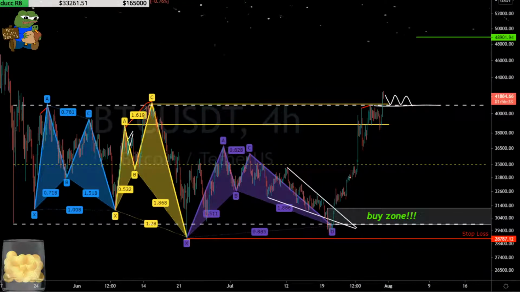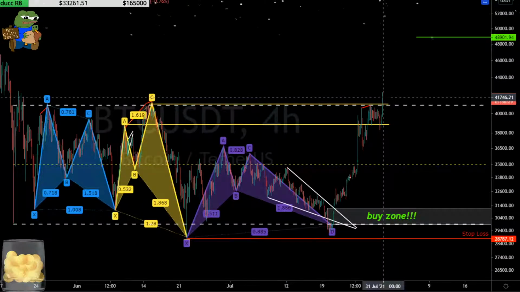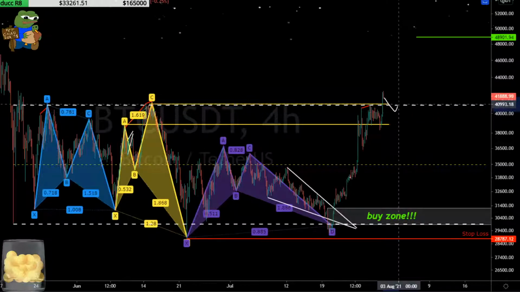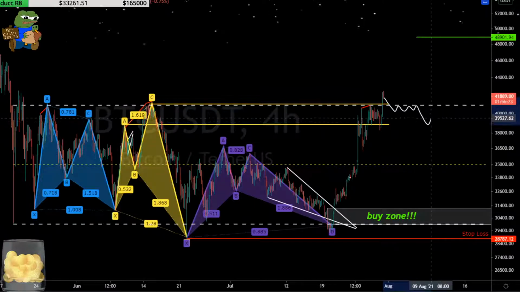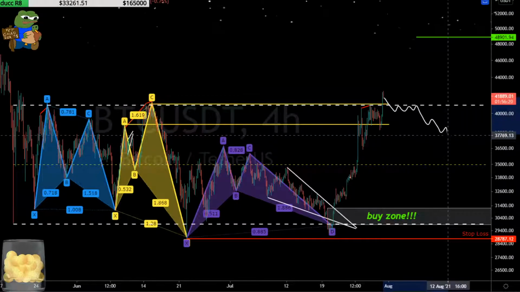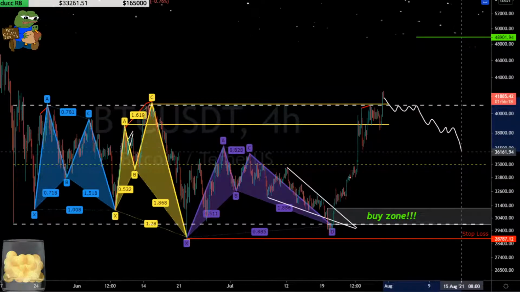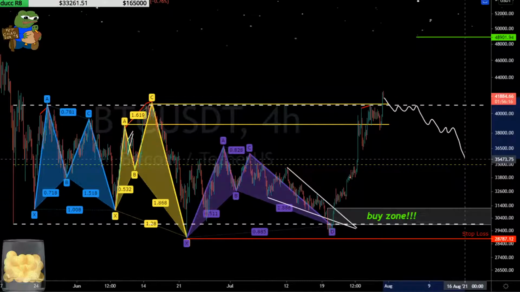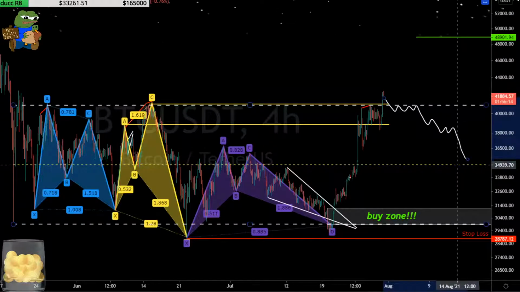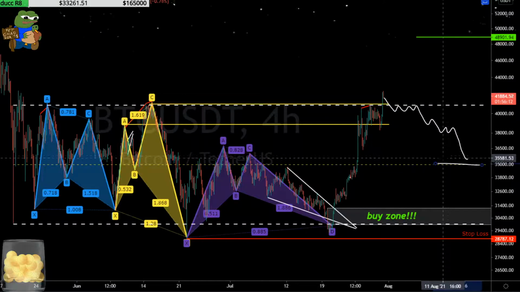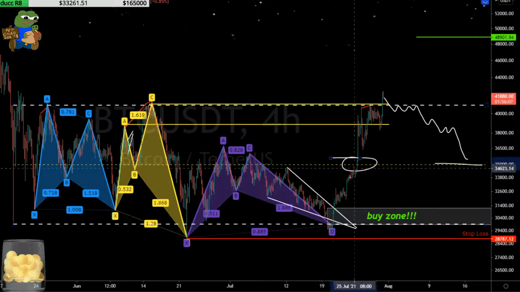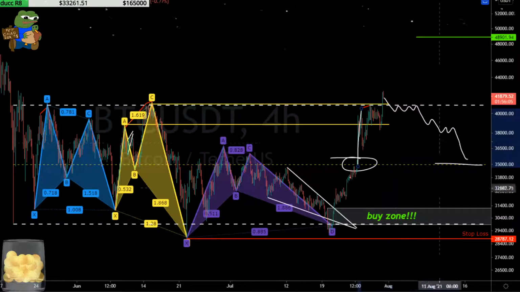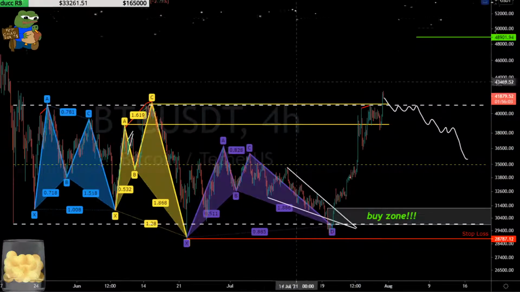But if we fail here, right, if we get back below this and we get back into Chop City, we might end up falling back out of this and ending up, gosh, it's really hard to say, right? But back testing this midpoint again may be possible. When we left it, we really never back tested it. We just took off to the range high, okay? And we talked about that being a possibility.